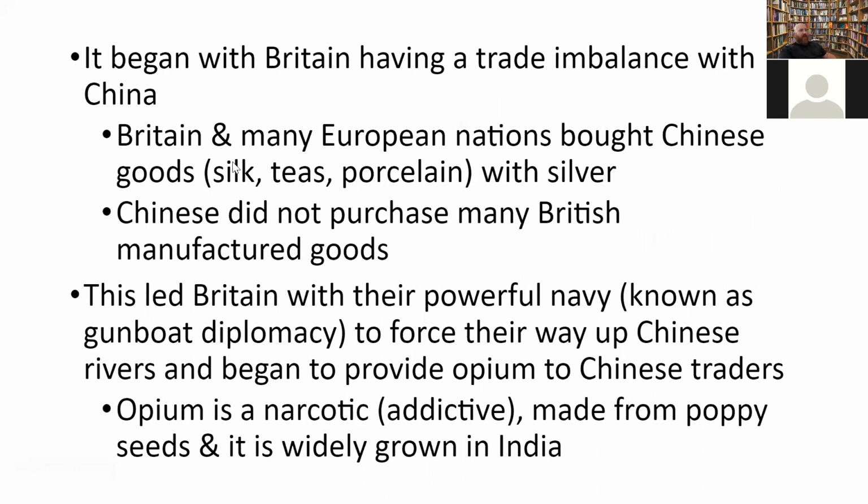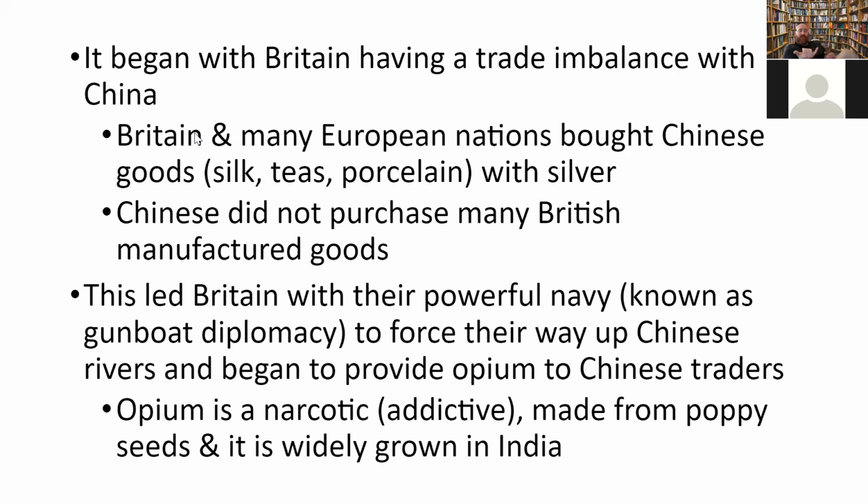So what are we getting from China? We're getting silk, we're getting tea, we're getting porcelain, right? And so I guess going back to the idea of mercantilism, you want a favorable balance of trade. So the British and other European nations are buying a lot of Chinese goods, and China's not buying a lot of goods because they make all this stuff. They have a ton of things there. They have no desire for these other things. And so you have this